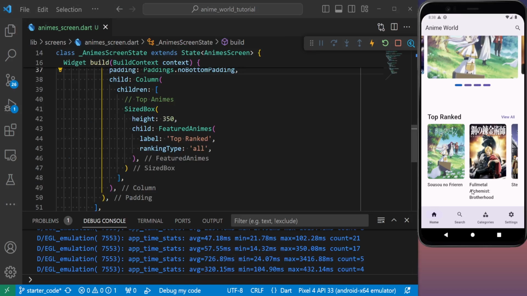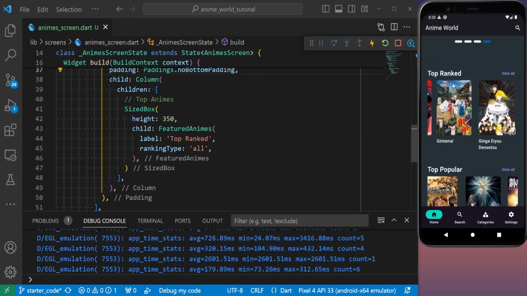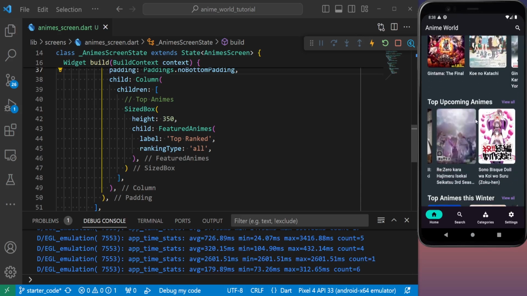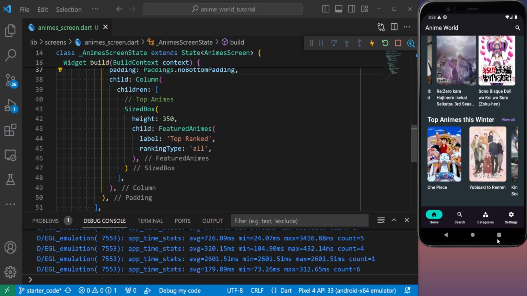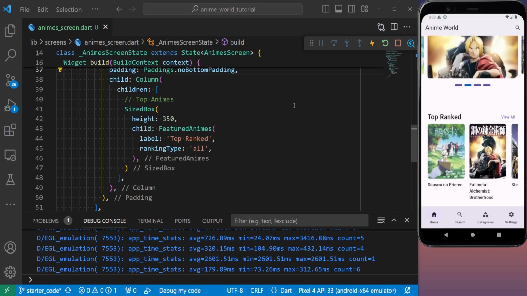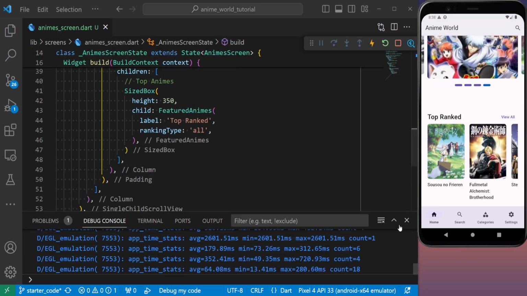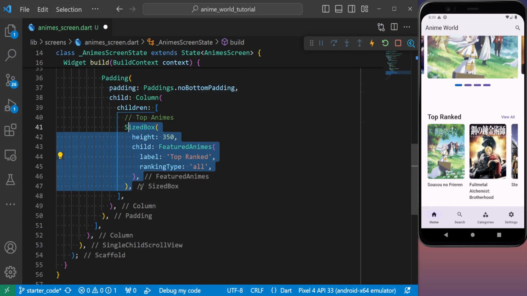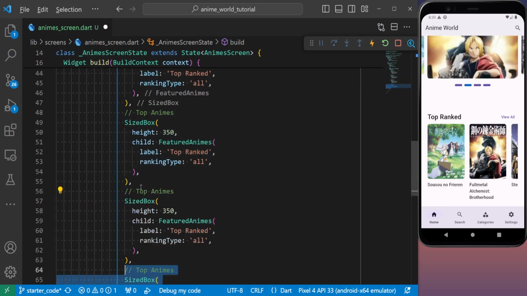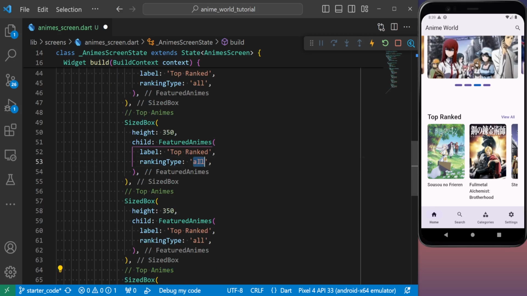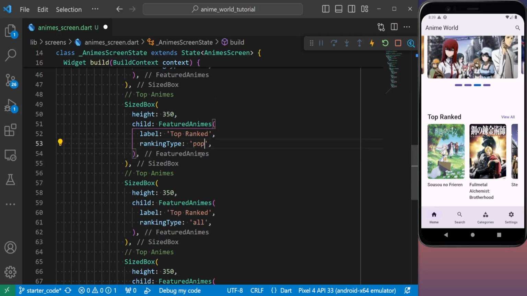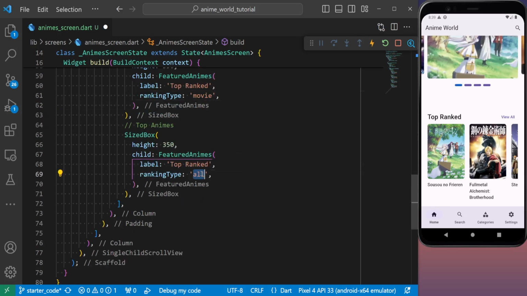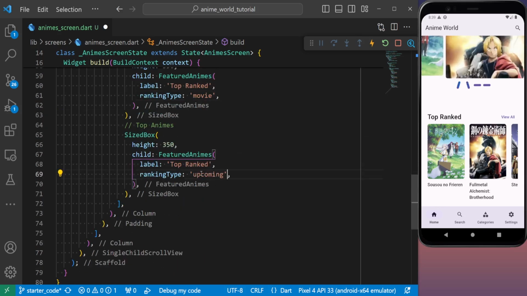And if we go to the main app, we see that we have top popular, top movies, and top upcoming animes. So let's also create those. From here on, this is going to be just a copy paste. So let me do it this way. 1, 2, 3. This is going to be top popular. This is going to be movie. And this is going to be upcoming. If I'm using the right strings, so